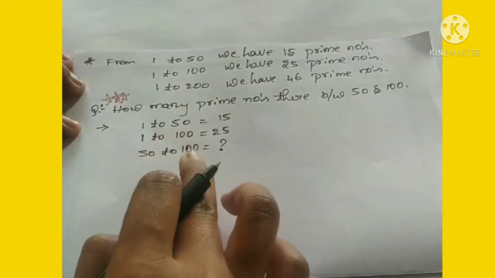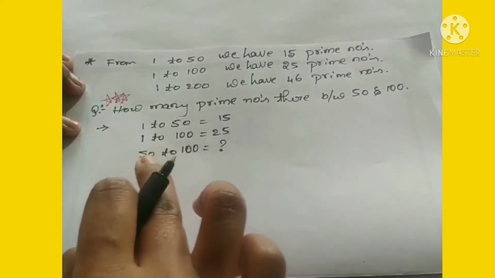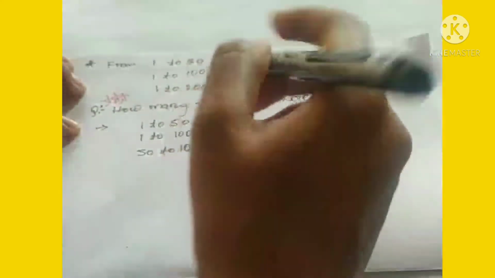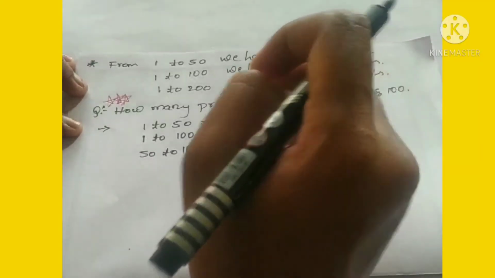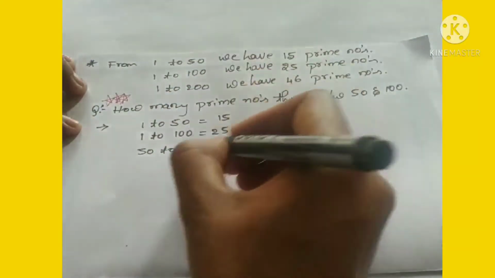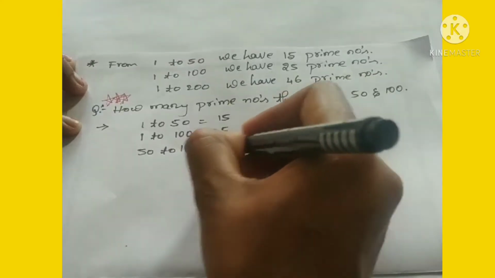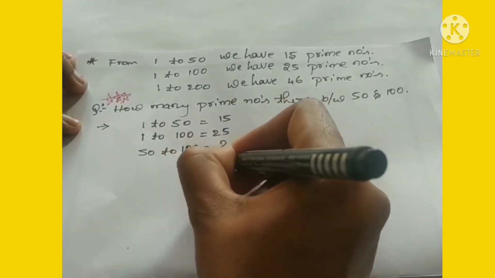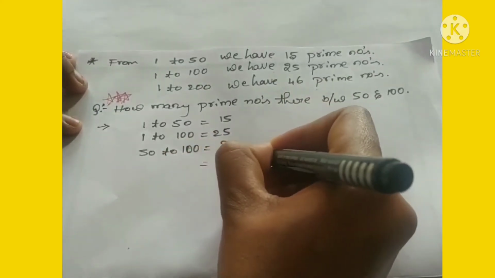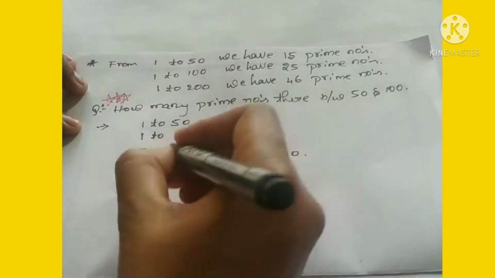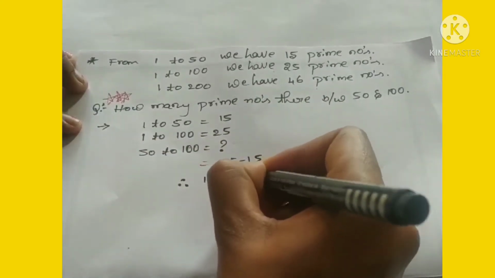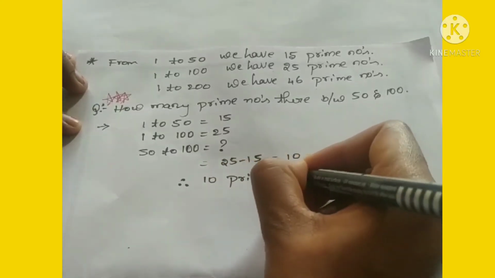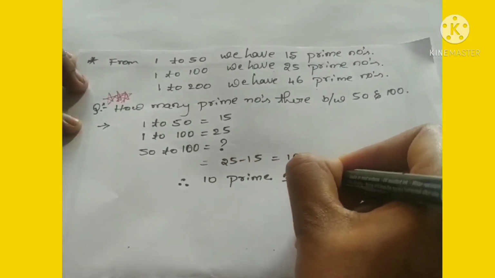So for this we just subtract 25 minus 15, and we will get the prime numbers between 50 to 100. That is 25 minus 15 is equal to 10. Therefore 10 prime numbers are there